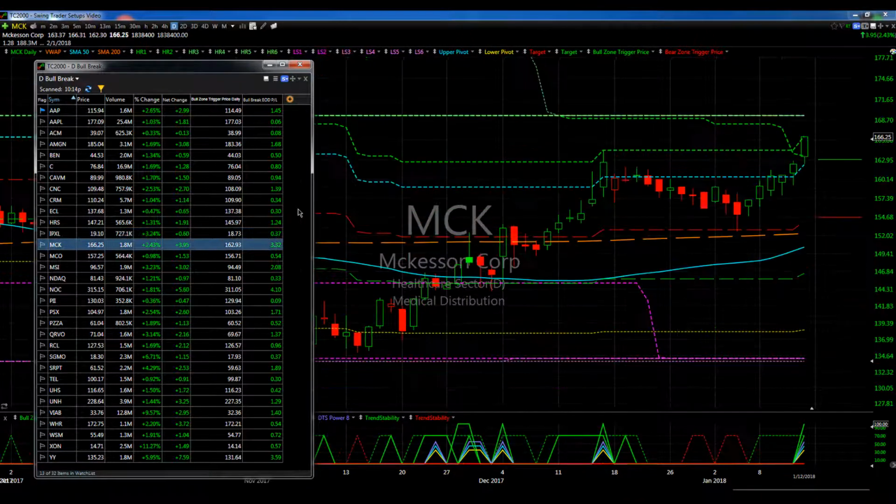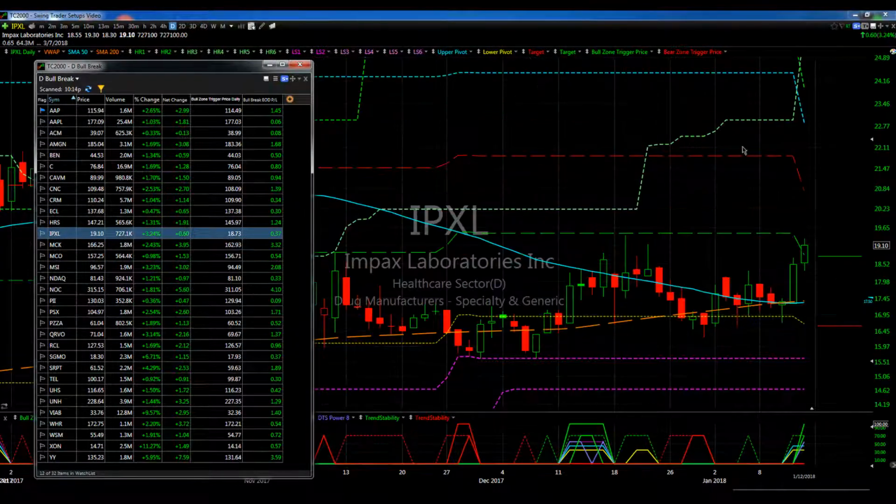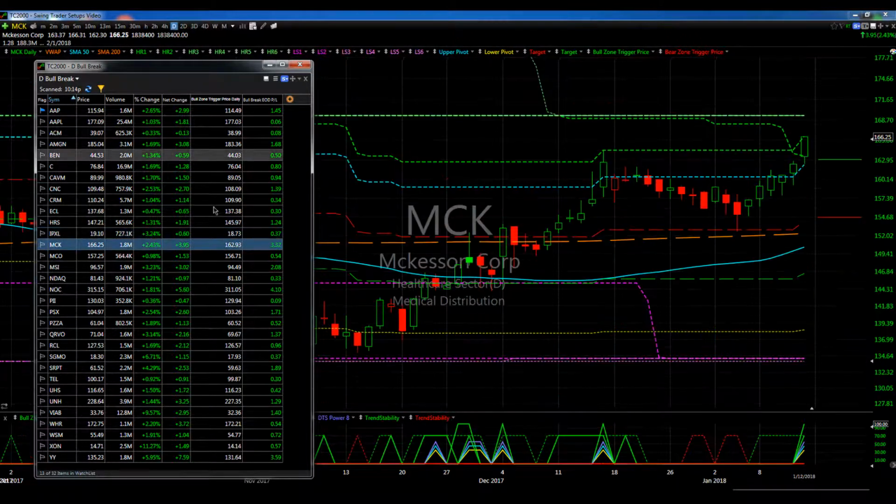That'd be target 2, I'm sorry. The red line up here. Nice breakout of a consolidation here. This is kind of what stocks do as well. The move up, target 1, target 2, chopped around a while, broke on out, finally got to the pivot, revisited